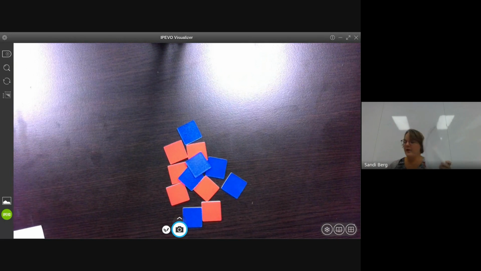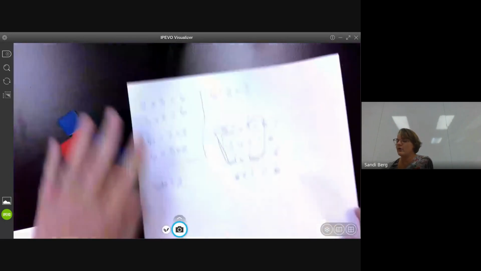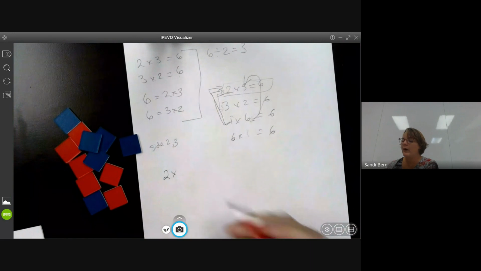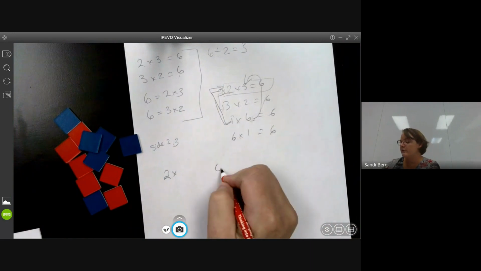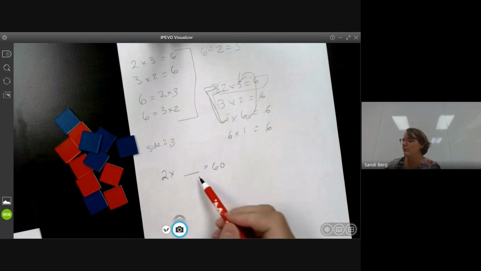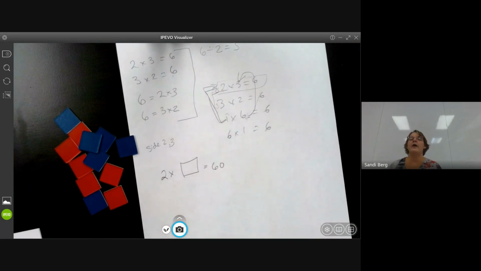After I've played with that, and students have had lots of opportunities, I might say, okay, we're going to build an array of 60 tiles. And I'm going to make one of my side lengths 2. What do you think the other side length is? And now you are starting to play with numbers that are above the expectation of mastery, but then they can